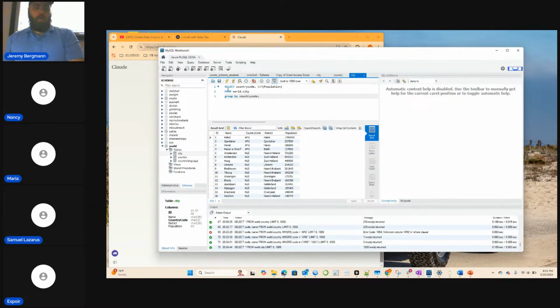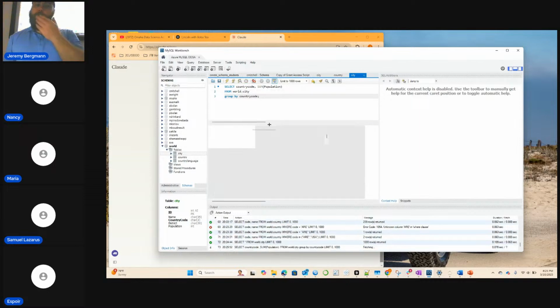So we use this group by to say, for each one of these countries, like Afghanistan, summarize the population. It's going to do that for this one. And then for Netherlands, it's going to do all of these right here. So it's going to group these, give us one Netherlands and then the sum of all those.